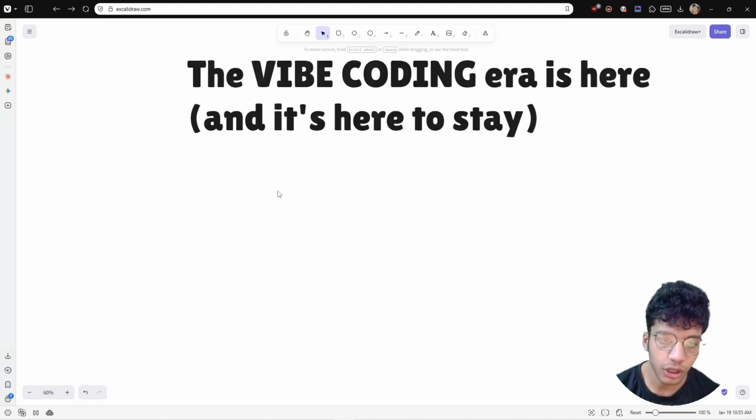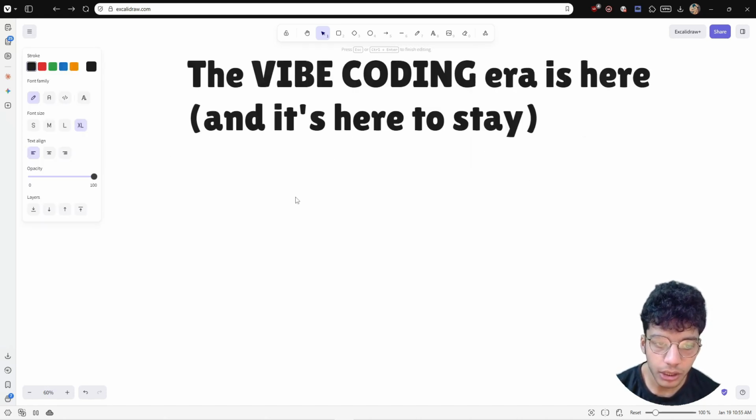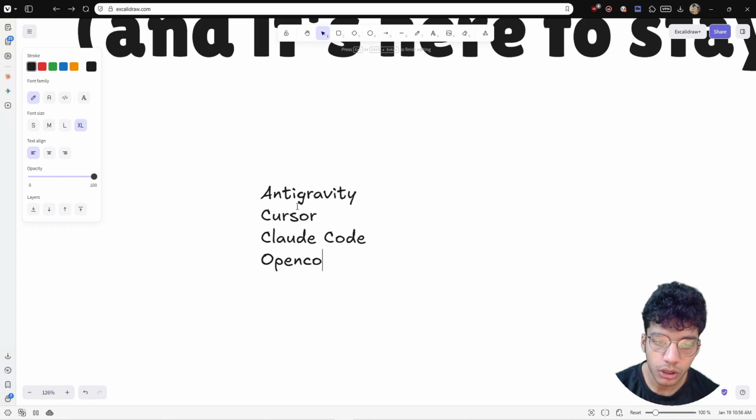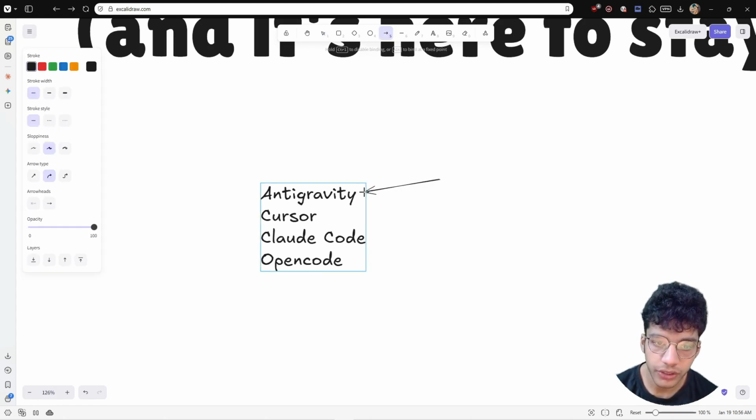Here's how you get started. You literally just pick an agentic coding tool. Like, I use Google's Anti-Gravity. There are also other IDEs, like Cursor. You can also use terminal tools like Claude Code. A lot of people are enjoying Claude Code. You can use OpenCode. There's a ton of tools, right? Again, I'm personally using Anti-Gravity, but most people are using Cursor. There's a ton of people using Claude Code and OpenCode as well. It's really up to you.